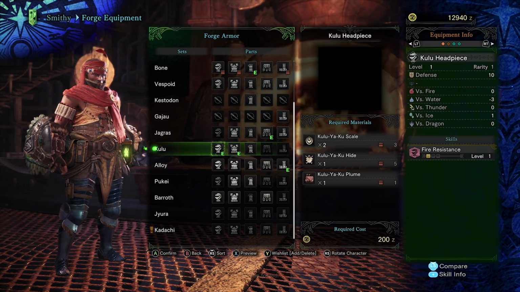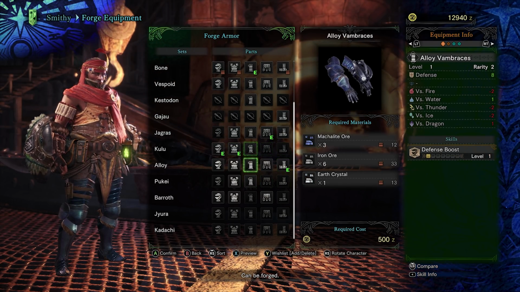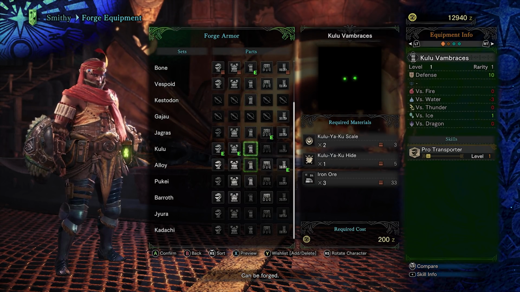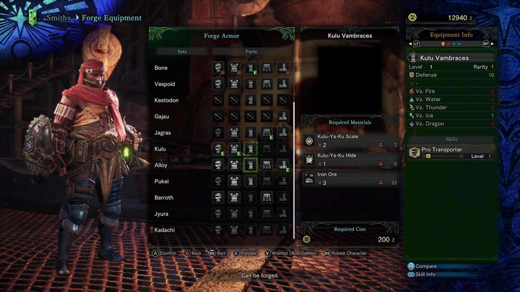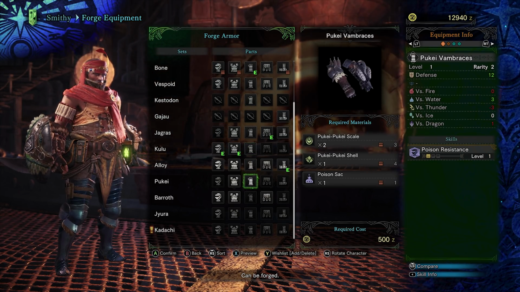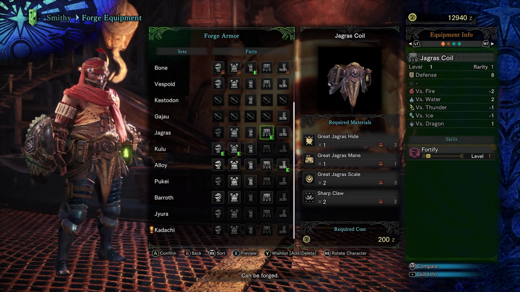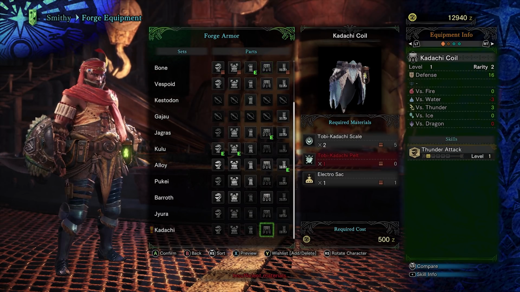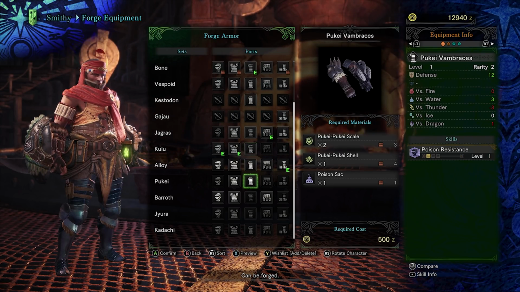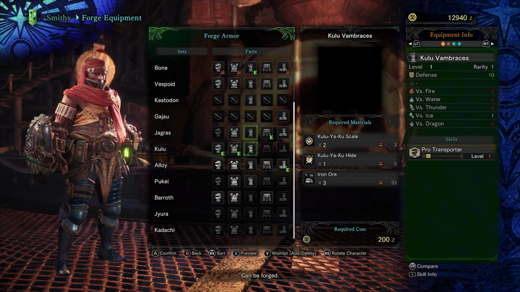Because our next big hunt is Anjanath, who is pretty tough, if I'm being honest. He's not a pushover. I think we'll also go maybe the alloy vambraces, perhaps? What's the armor on this? 6? That's not very good. Poison resistance. I mean, I really don't need poison resistance. And I'm rocking the Jagras thing. Okay, so I think we'll probably want to go maybe just the one that has the highest. I mean, I don't need the poison resistance, but at the same time, like...